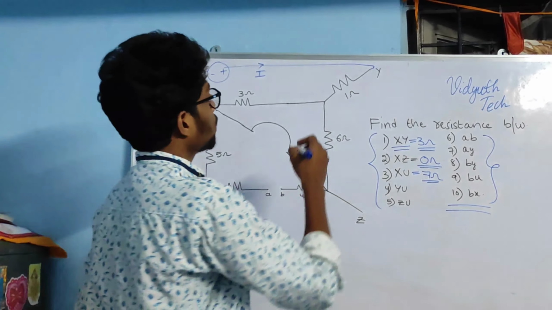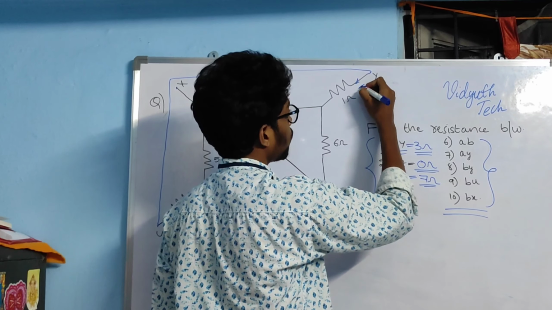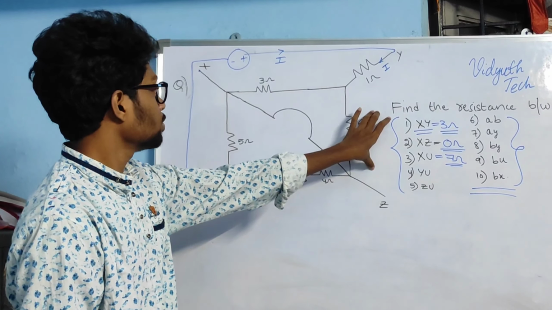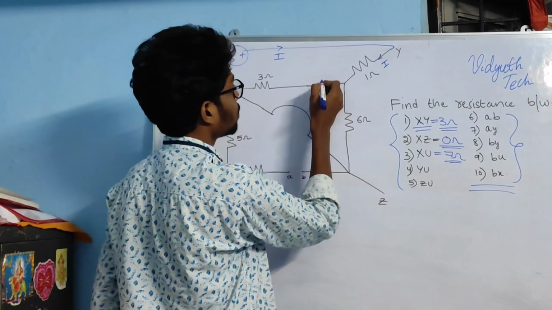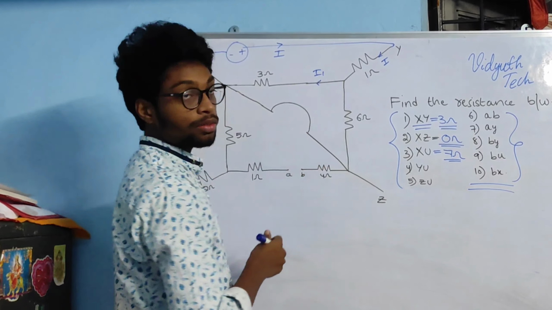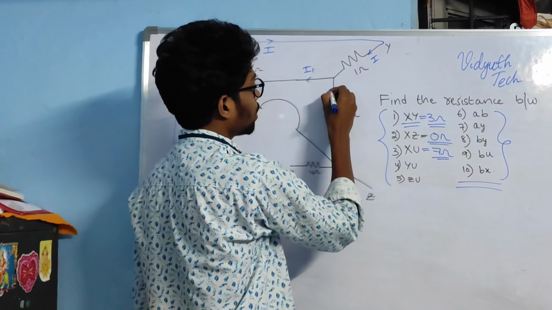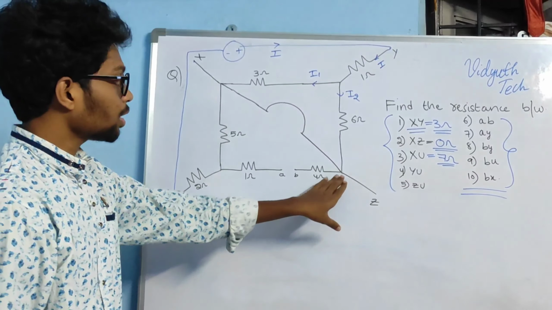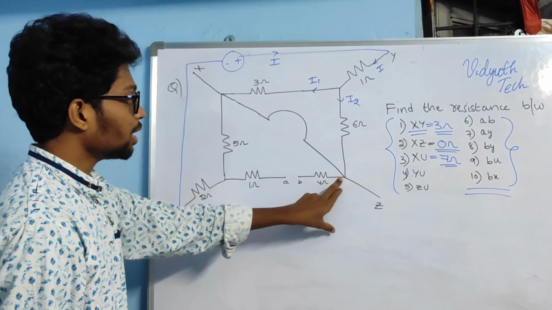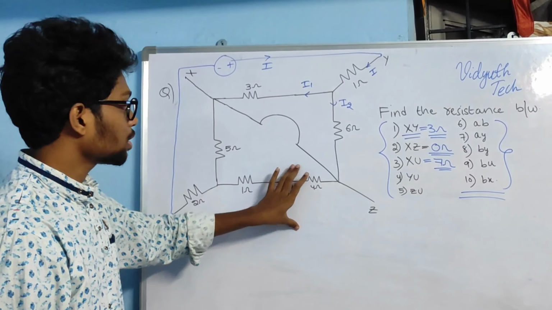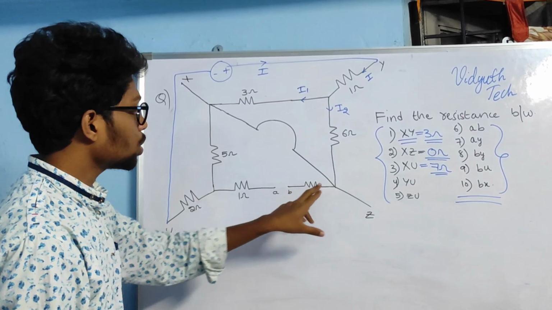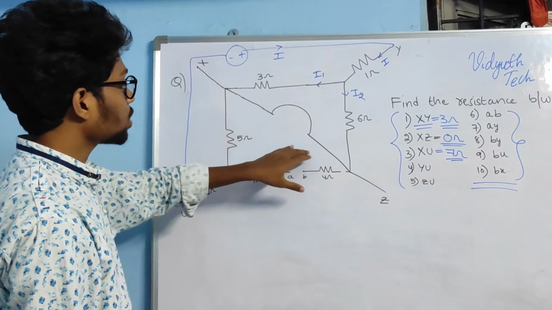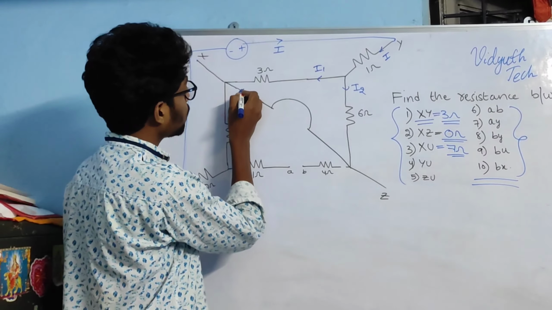So here from 1 ohm also I will be flowing. Okay, here you can see the two paths, friends, 1 and 2. I am taking this as I1, which is current through 3 ohm resistance. I am taking I2 over here. This is current through 6 ohm resistance. Okay, but after I2 comes over here, as this is an open path, current will not be flowing through this path. So current I2 will be flowing through like this in this short circuit path.